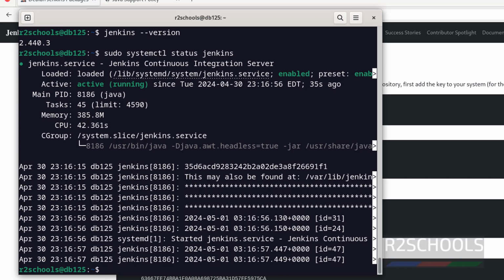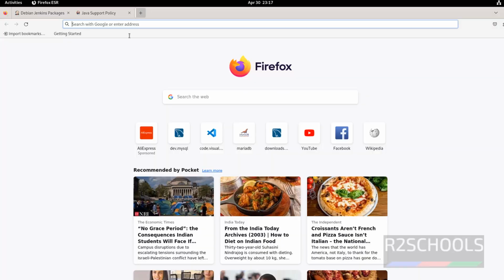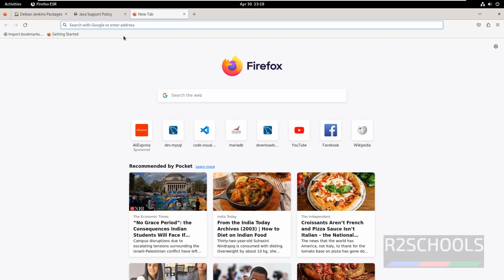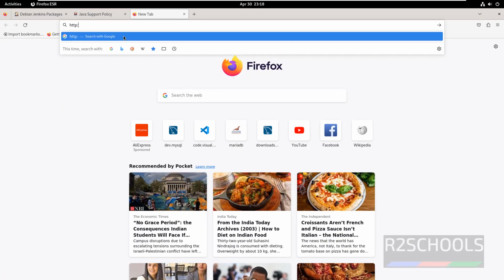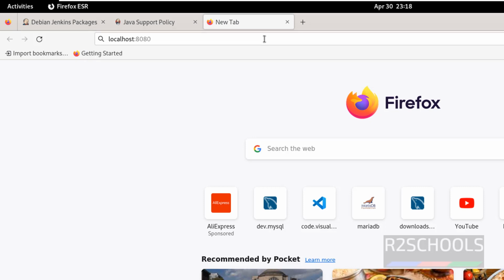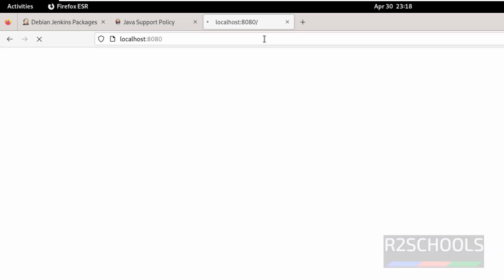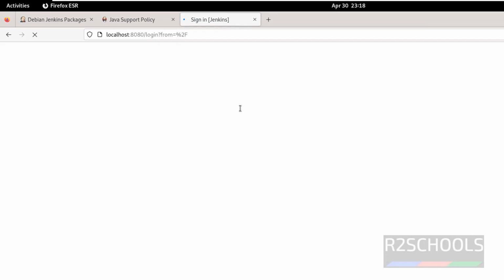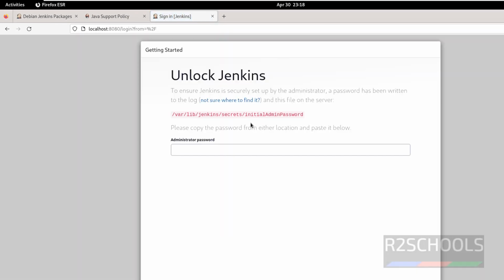Now we are going to see how to configure. Now go to the browser, new tab, then give the http://localhost:8080 and hit enter. See, we can get the initial admin password by going to this file. Okay, copy this one,